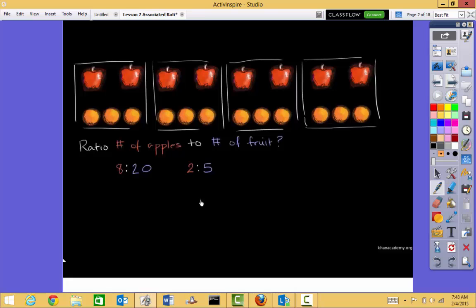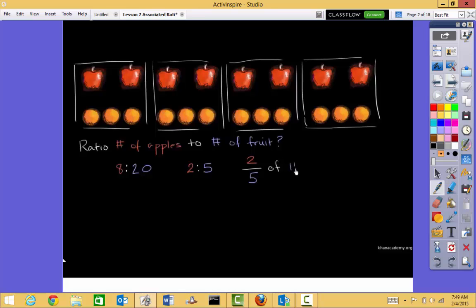And this is actually a good opportunity for us to introduce another way of representing ratios, and that's using fraction notation. So we could also represent this ratio as 2 over 5, as the fraction 2 over 5. Whenever we put it in the fraction, it's very important to recognize what this represents. This is telling us the fraction of fruit that are apples. So we could say 2/5 of the fruit,